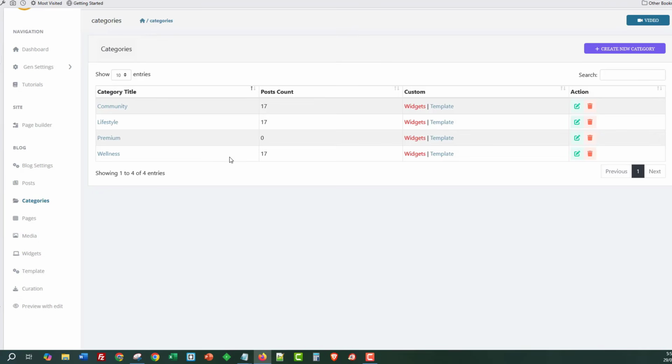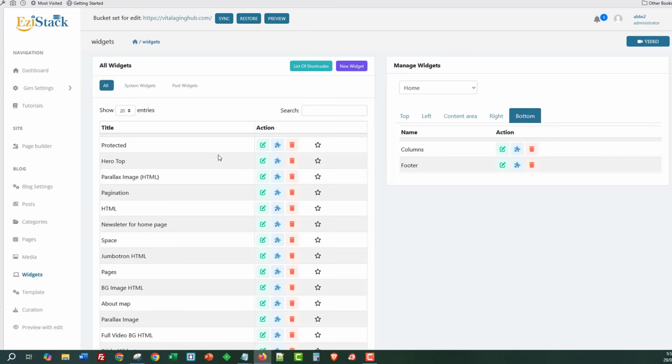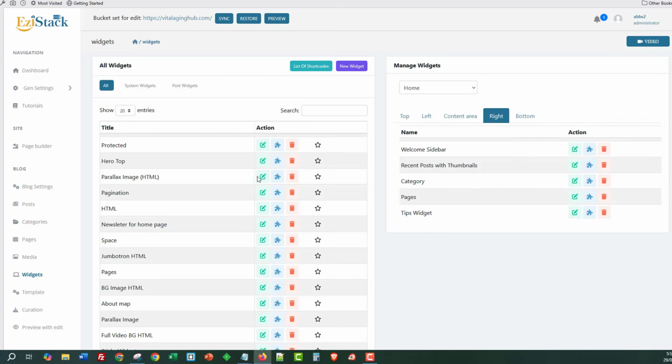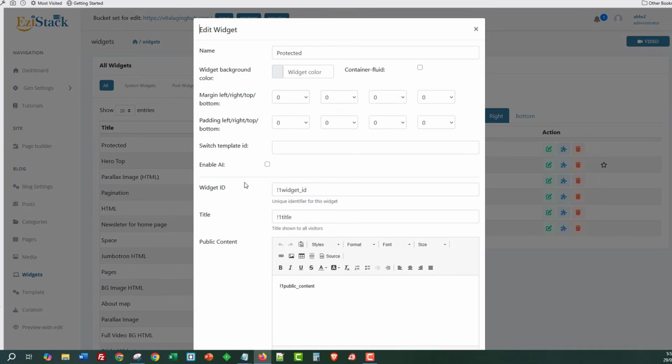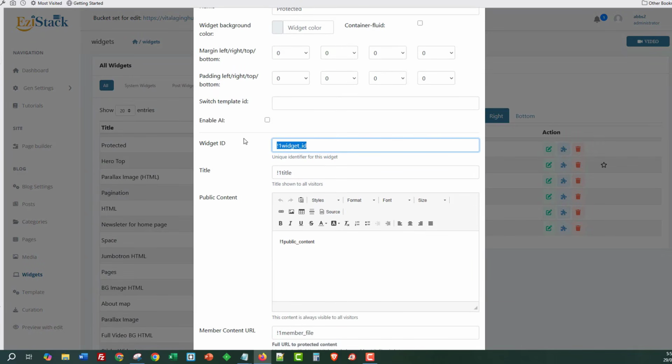Okay, and what I'm going to do is show you how easy it is to lock things inside of here. So I'm going to go ahead to the widgets. Inside of the widgets, I've created this new widget called protected. And I'm going to add this to the right hand sidebar, underneath the welcome sidebar. And I'm going to set this. So I'm going to call this something like